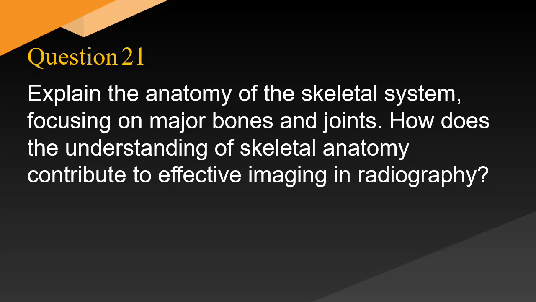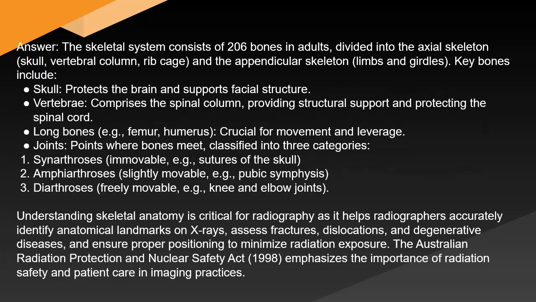Explain the anatomy of the skeletal system, focusing on major bones and joints. How does the understanding of skeletal anatomy contribute to effective imaging in radiography? Answer. The skeletal system consists of 206 bones in adults, divided into the axial skeleton, skull, vertebral column, ribcage, and